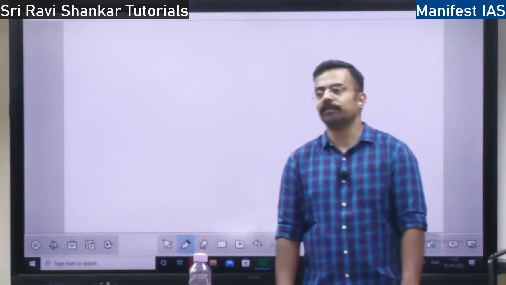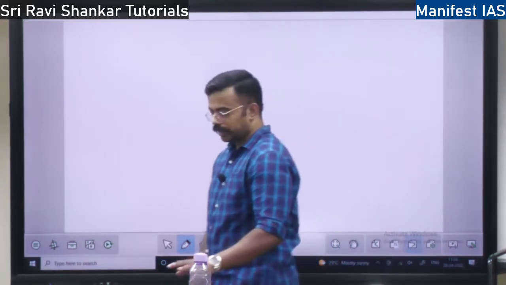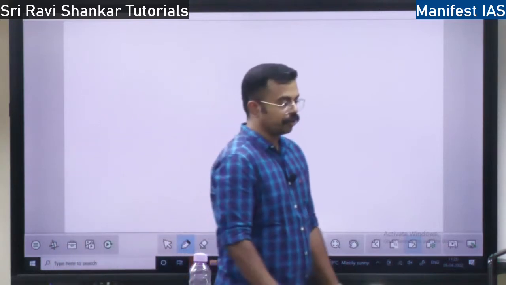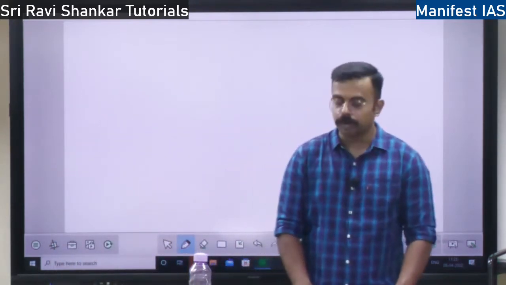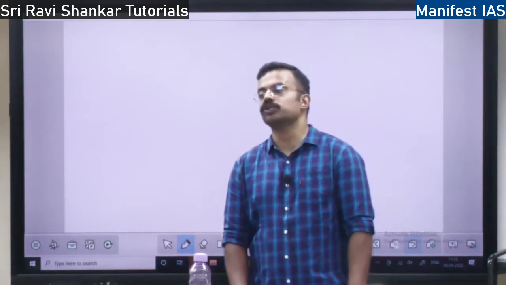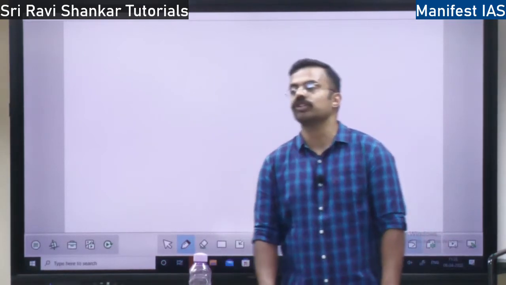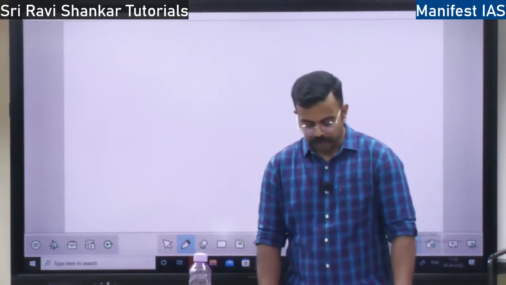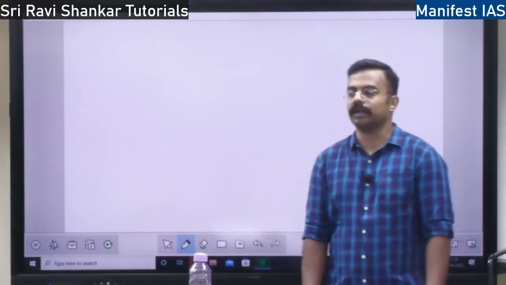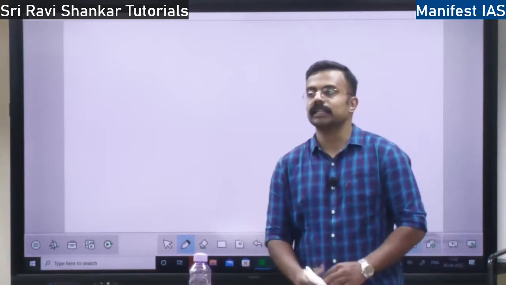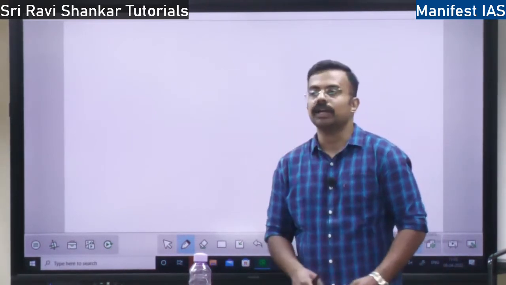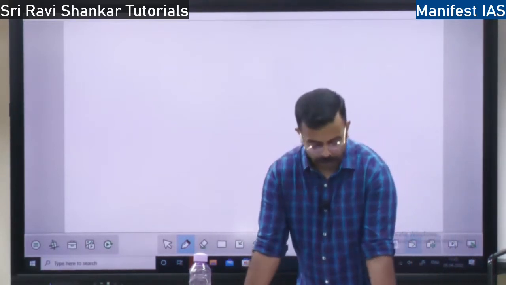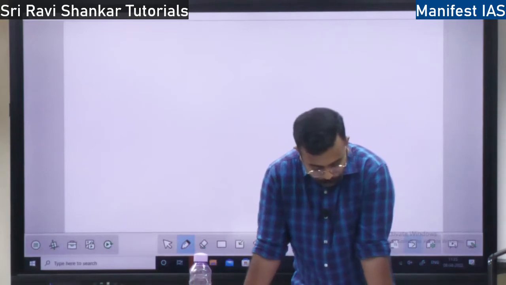The present development model, what we are developing, is based on GDP. I discussed this in economy also, the present development model is not addressing the issues that are bothering India. What are the issues? Poverty, literacy, all these issues. This present model is not helping us. Rather, it is increasing the inequality. Rich people are becoming richer, poor people are becoming more and more poor, right?